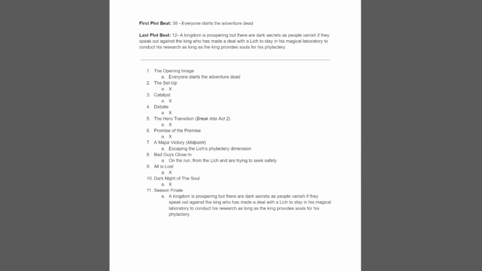That seems very simple. You know, they break out of the phylactery, maybe they get their bodies back. They're in this laboratory. Maybe it's kind of like a dungeon underneath a castle or something. They escape the dungeon. That's probably what it is. They are going to escape the dungeon,